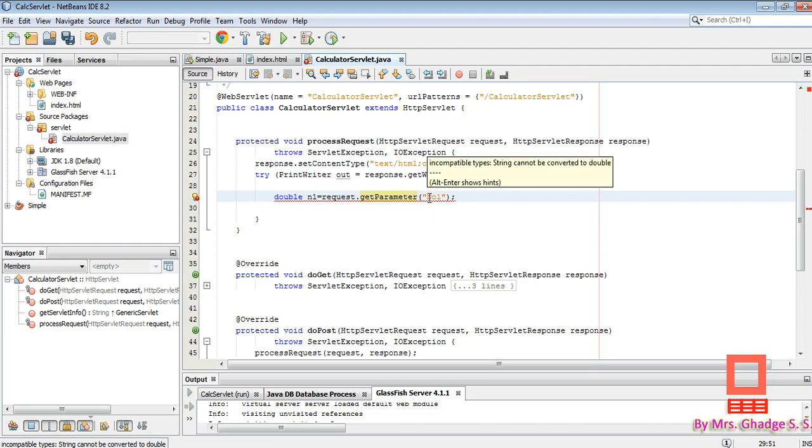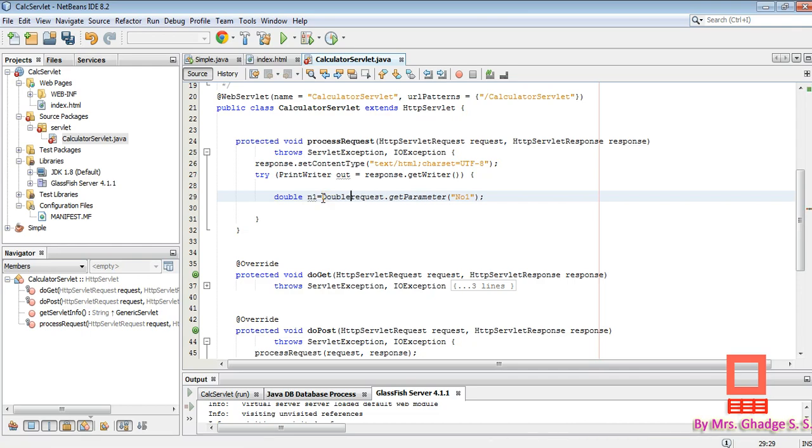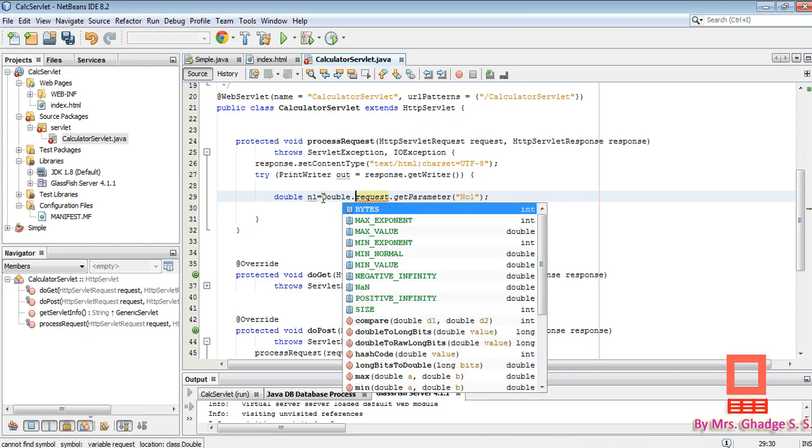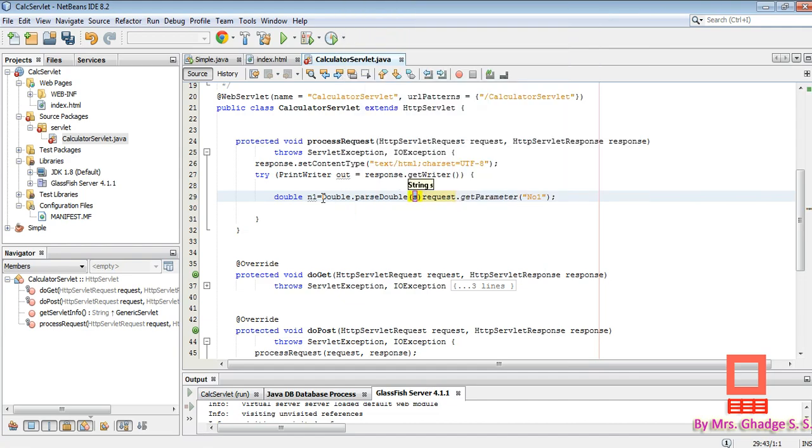Now whatever data we get from this text field no1 is in the form of a string, so we have to convert it into a double. For that we use the parseDouble method, which belongs to the wrapper class Double. So we write Double.parseDouble, press enter, and send the parameter request.getParameter. So whatever data is obtained from this request.getParameter method is converted into a double value,